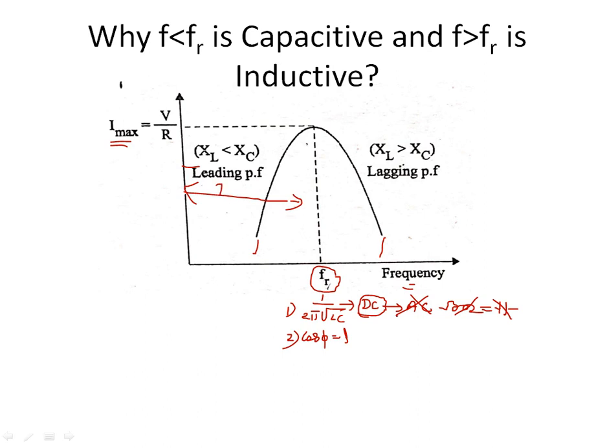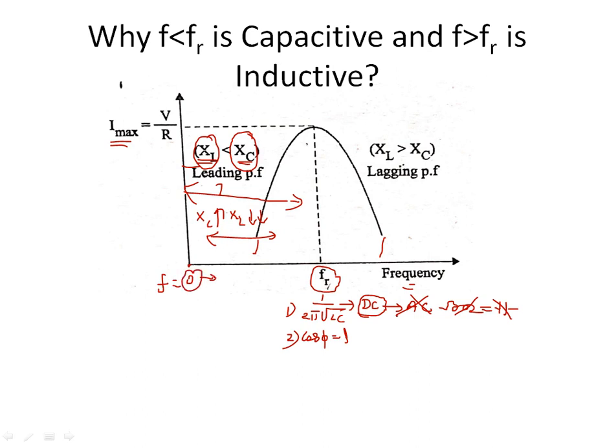Please note this down. XC is greater than XL. The value of XL is small and the value of XC is high, that is, a much higher capacitive reactance with a smaller inductive reactance. XC is very high, XL is very low. How could we define this? Okay, fine. What is this? Origin. Origin means 0, that is, F is equal to 0, the x-axis value.